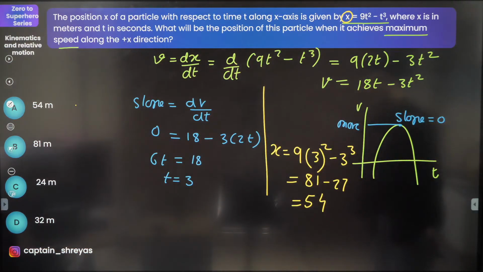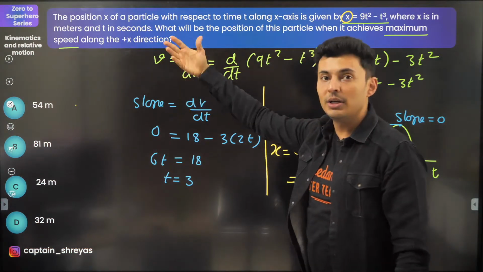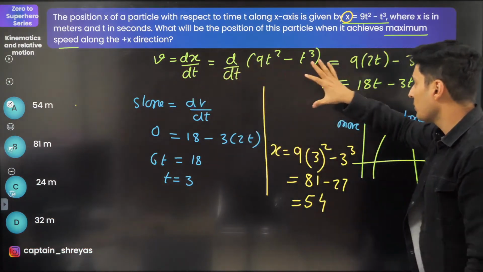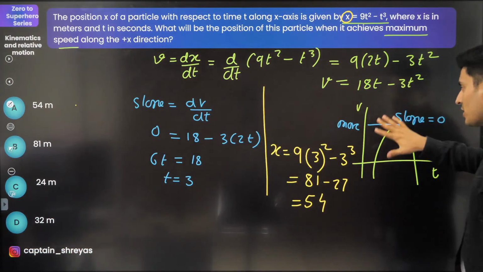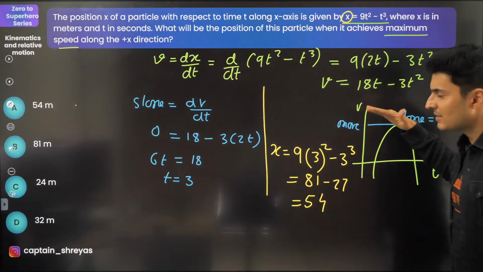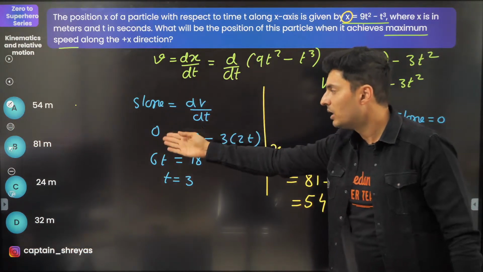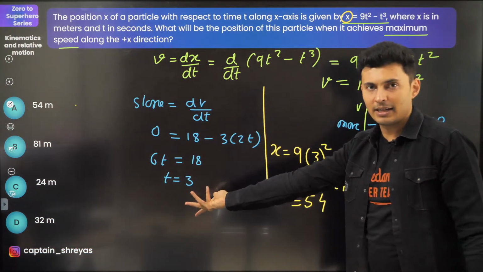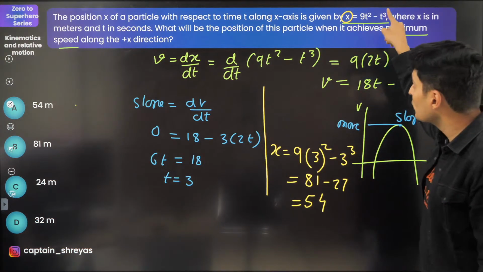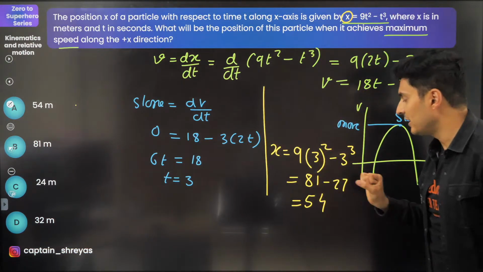It is. So concepts were, first is knowing that you need to find velocity to find when is it maximum. Second concept was, once you see it's a quadratic equation, you know it's a parabola, and at maximum anyways, the derivative is always 0. So you found the derivative, which is the slope, is 0. Found that time. But the question was not to find the time. The question was to find x. So you had to substitute 3 in this equation to get the final answer.